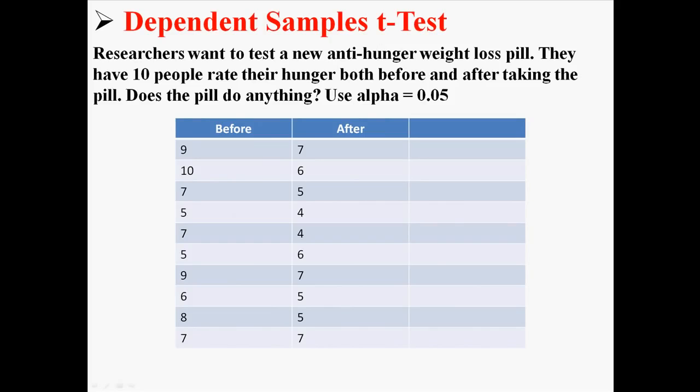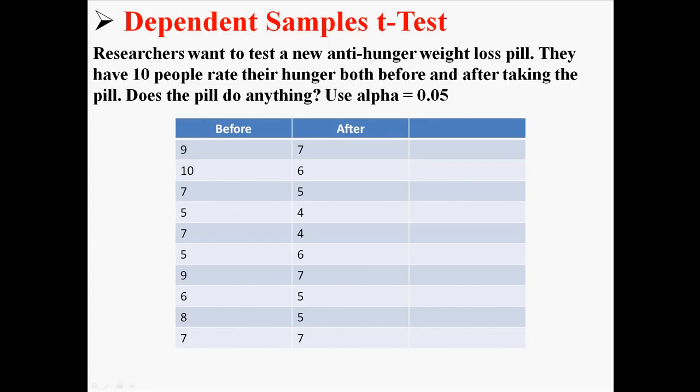So now I'm going to show you a full example of a dependent samples t-test. Here's my question. Researchers want to test a new anti-hunger weight loss pill. They have 10 people rate their hunger both before and after taking the pill. Does the pill do anything? Use alpha 0.05. Now first of all, note this is a dependent sample because we're measuring the same people before